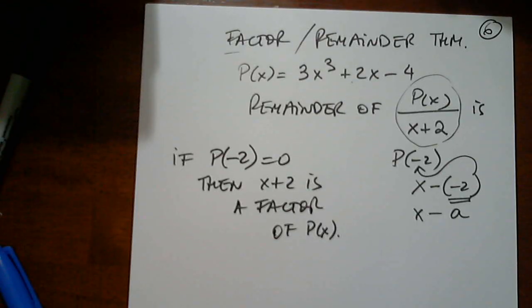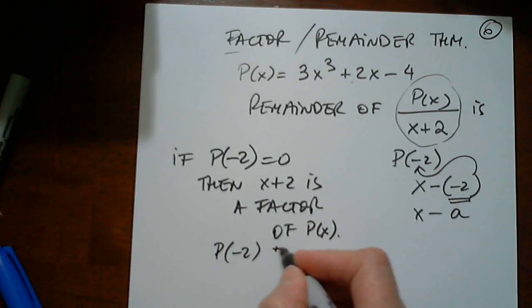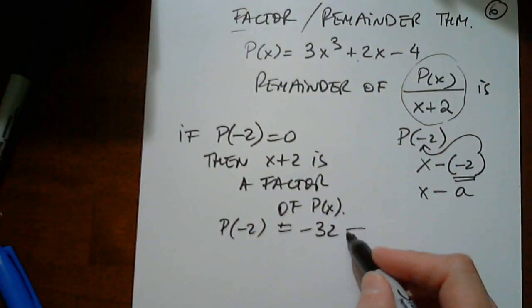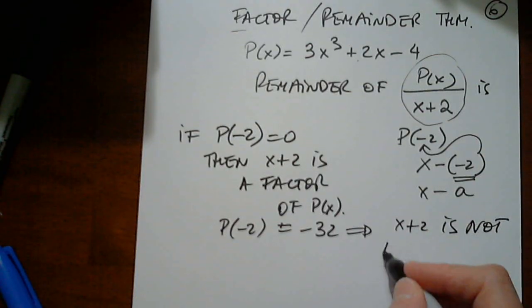If I click enter and I get 0, then I know the remainder is 0, which makes x plus 2 a factor. If I get any other number, I will say no, x plus 2 is not a factor of the polynomial p of x because the remainder is not 0. So let's see. I got negative 32. So I will say, in this case, p of negative 2 equals negative 32. Therefore, x plus 2 is not a factor